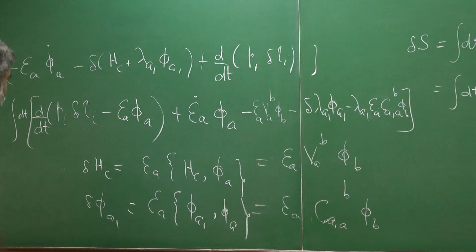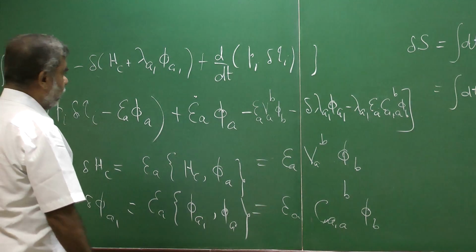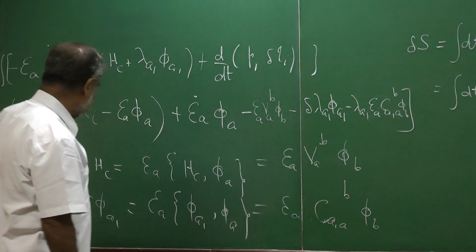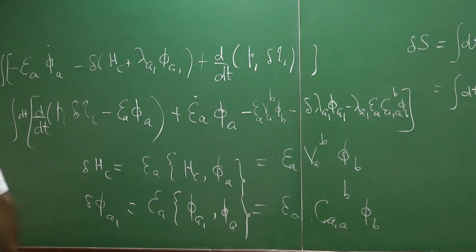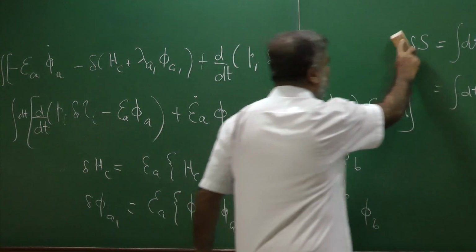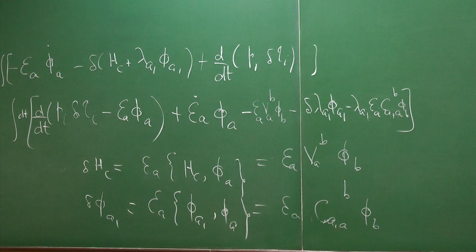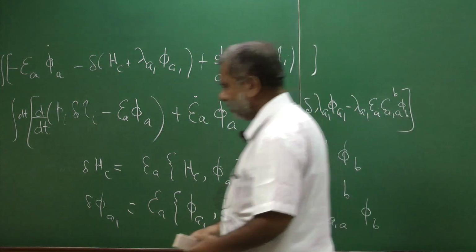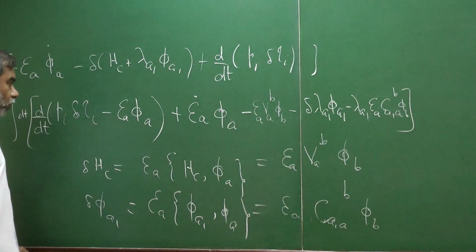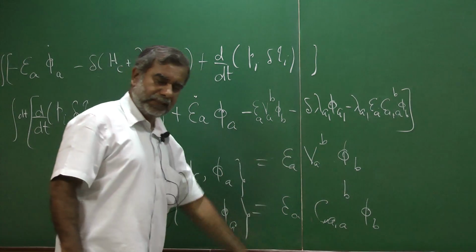Good. Now you see, at this level we have got this thing. So now we may rub this part out and concentrate on the integrand. And the integrand will be split into two pieces. One will be the primary sector and the other will be the secondary sector. On top of it, we assume here that the constraints are